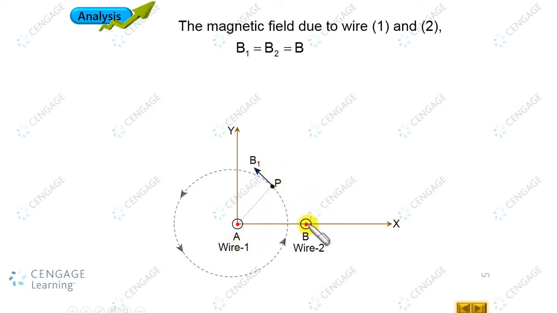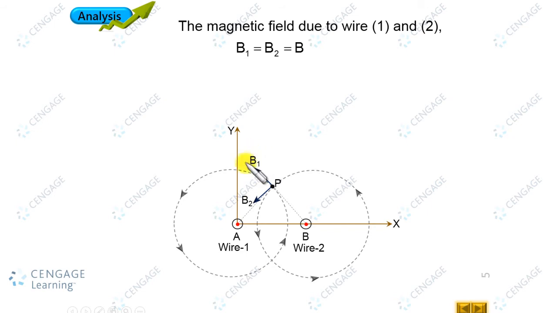This is B1. Similarly, let us find the magnetic field direction at point P because of this wire 2. The same process will be applied. That means the right-hand thumb rule will be applicable here also. The direction of the current is toward you, so the thumb direction is toward you, and the curling of the fingers here is again in the anti-clockwise sense. So the magnetic field line passing through point P will again be anti-clockwise. And for the direction of the magnetic field, we need to join this point to the position of the wire, right? And the tangent at this position, that is perpendicular to this dotted line, will give the direction of the magnetic field due to wire 2. So this is B2, right?